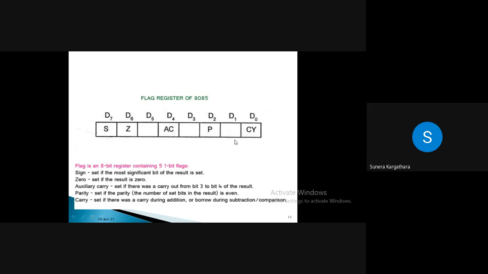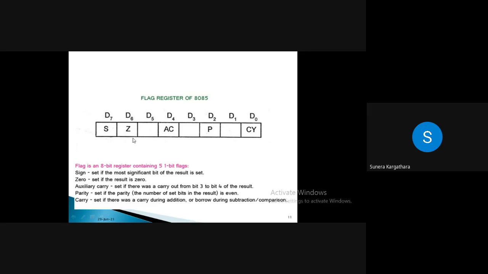So I hope I'm clear with these 3 bits: carry, parity and auxiliary carry. Make sure this format must be known to us. We cannot put carry bit here in D7, right? This format is fixed. In the flag register, where you have to check carry, that place is fixed in the D0 bit. Okay, students, so this format must be clear to us. Carry, don't care, parity, don't care, auxiliary carry, don't care.